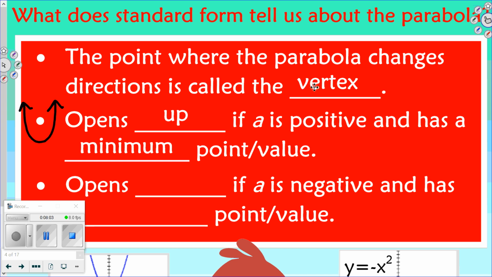And it opens which way if a is negative? It opens down. And the vertex will be a maximum, because it is the highest point, right? Baby brother flying through the air. His maximum is the vertex, right? It's his highest point before he falls back down. Don't go home and throw your siblings around,